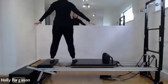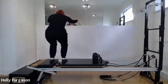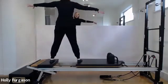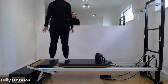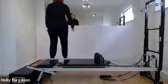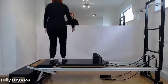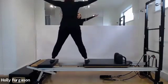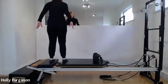Press out, come all the way in with straight arms and legs. Press out again, come all the way in and down and up in your squat. Down and up, and again, press out 1 side split, 2 side splits, and 3, come almost all the way in and go down, 3 and 2, and last one, come back up 4 times, press out, pull it in, and 2, nice everyone, and 3, and 4,